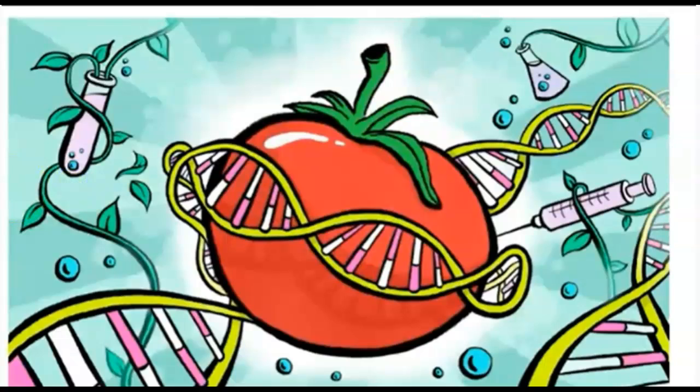A GMO, or genetically modified organism, is a plant, animal, or microorganism that has genetic makeup that's been modified in a laboratory setting using genetic engineering. This creates combinations of plant, animal, bacterial, and virus genes that do not occur in nature or traditional crossbreeding methods